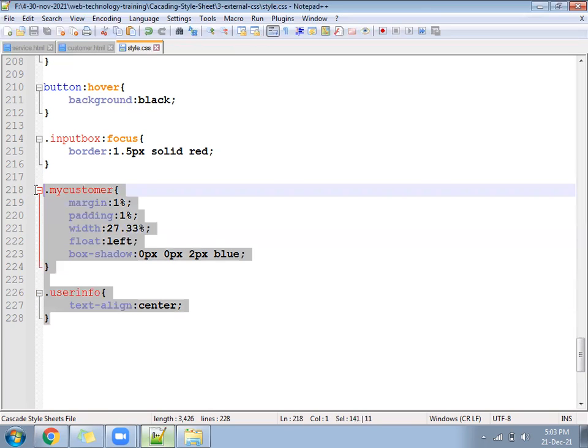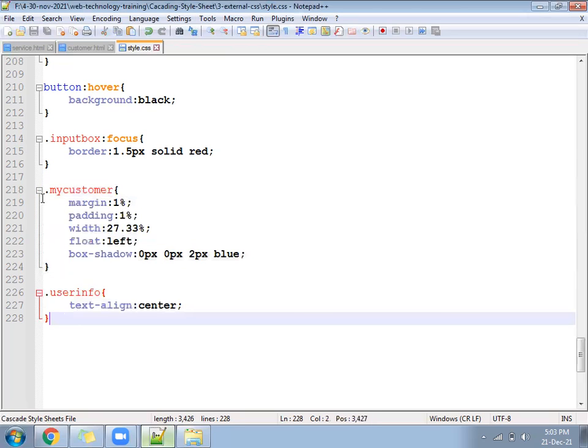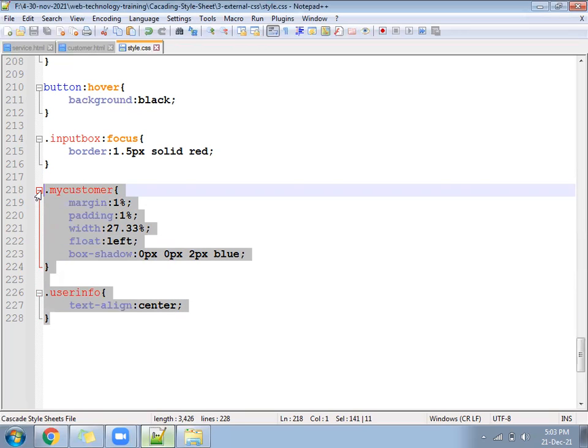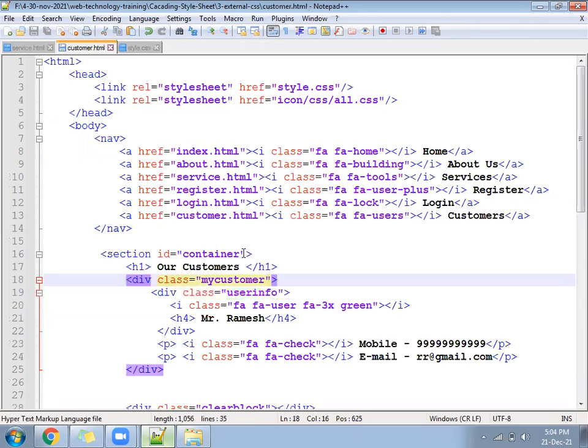So the same CSS we added, let me share in the chat. Now in the HTML file, you can see we have one customer.